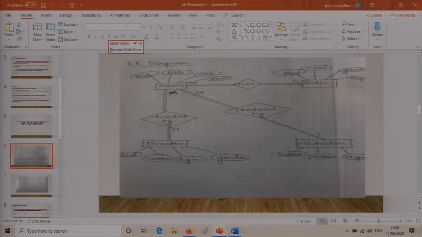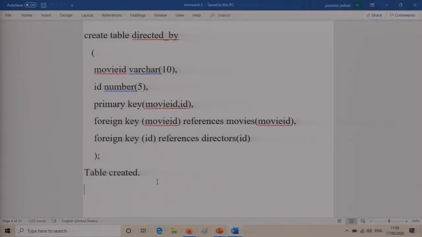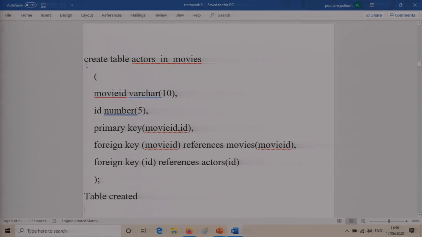So this is the table that I'm talking about, and here also between the actor and the movie table, you have the has as actor movies relationship. So we are going to have those two relationship tables. So let's go back and directed by is done. So that was the relationship table between the director and the movies.